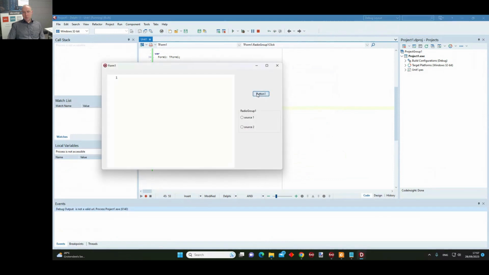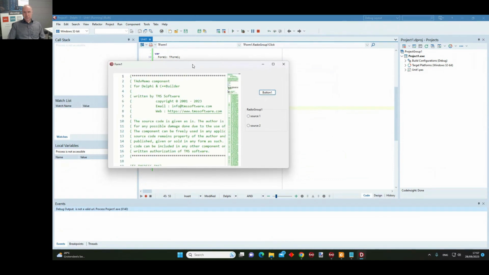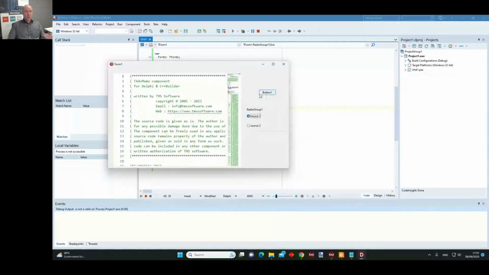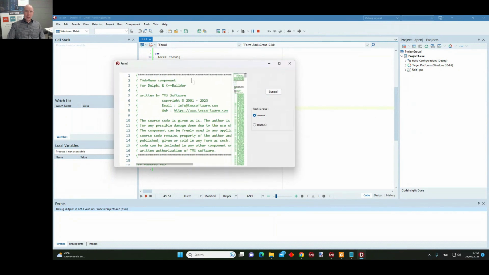So now the sources are loaded. It shows us the first source by default, which is the Pascal file. And when I click now between these two, I can immediately switch between all the sources that I have loaded into my sources collection.